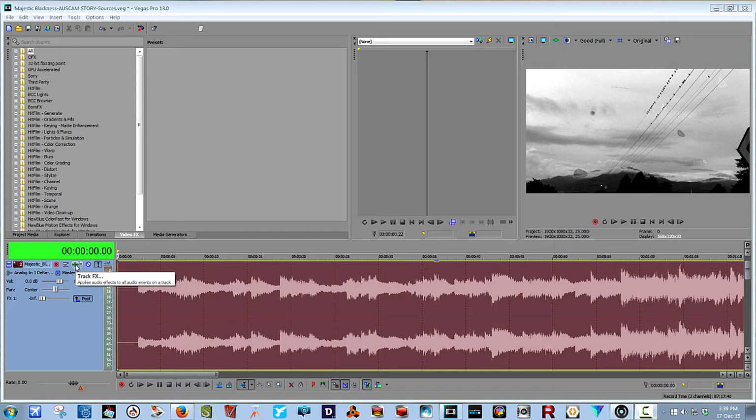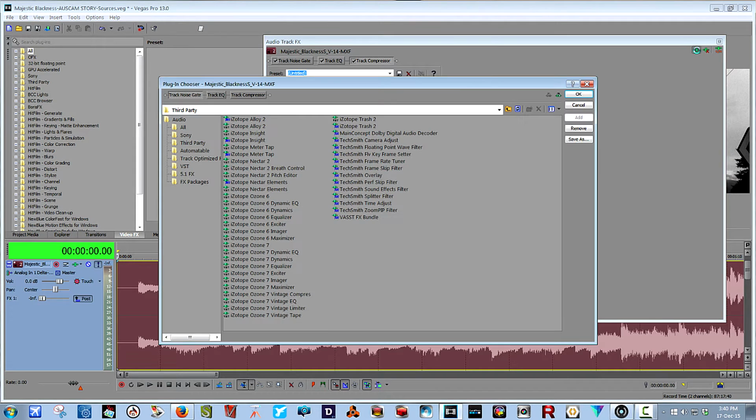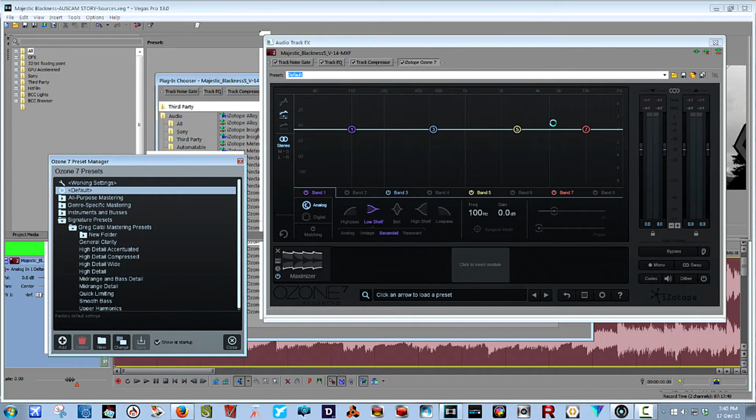You can also apply it to the entire project if you want to, but I've just soloed this track, and we'll go to our plugin chooser, and they're the default ones: track noise gate, track EQ, and track compressor. But I'm going to go in and add Ozone 7, the whole thing, and we'll see its interface pop up